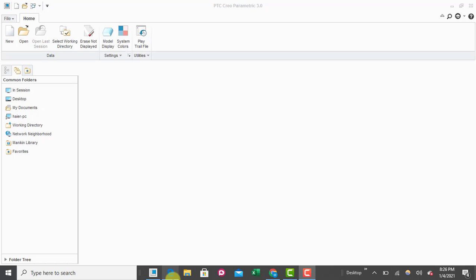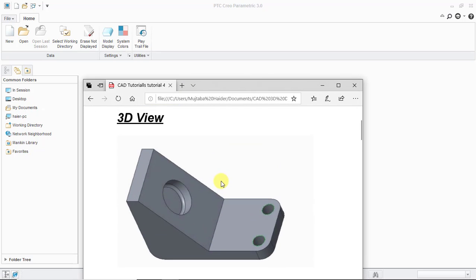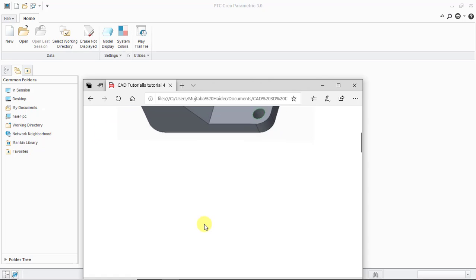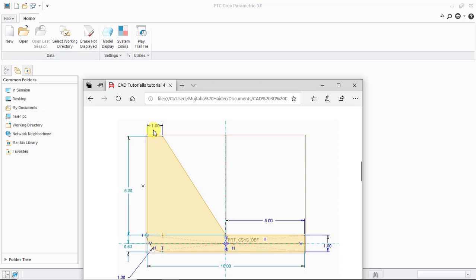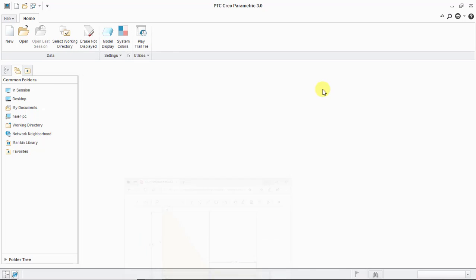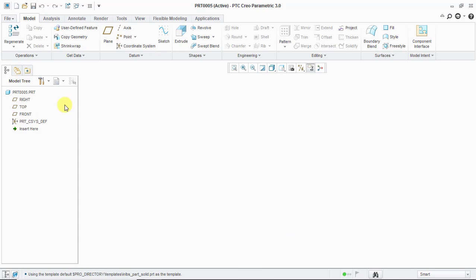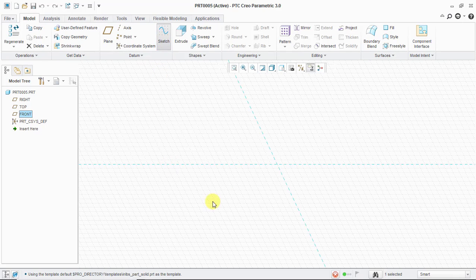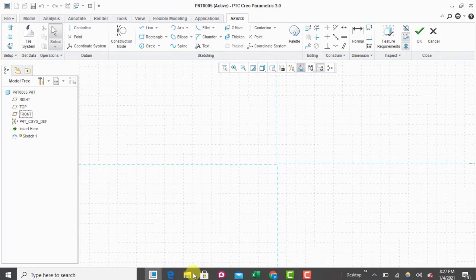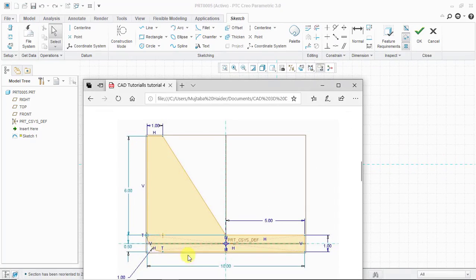Hey guys, in this tutorial we are going to make this mechanical object, and this is the 3D view. First of all, we will create this 2D design, and we will extrude it, and we'll modify it further. So click on new and open a new file in inches, and select front view, and in front view we will sketch this 2D